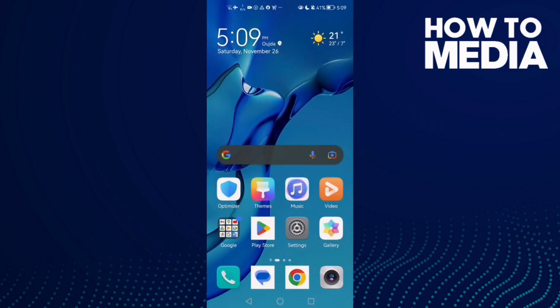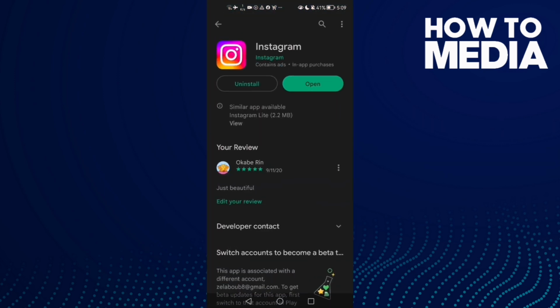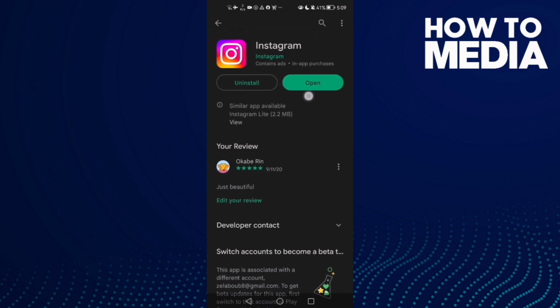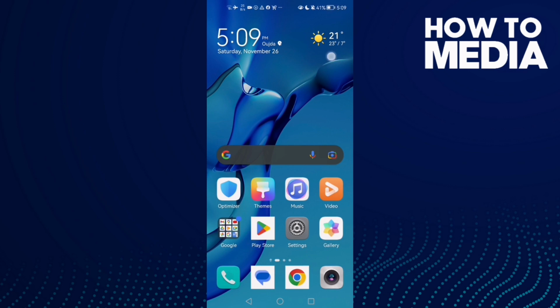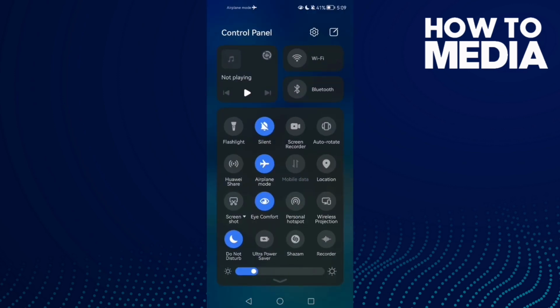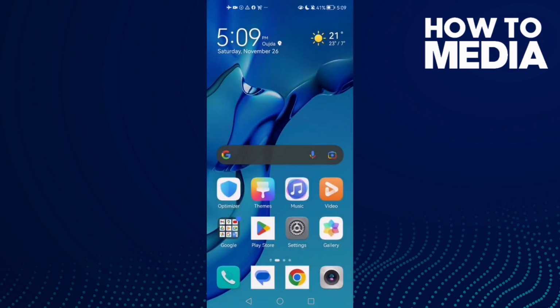And if you have an iOS, just delete your Instagram and install it again, and that's it. Then restart your phone, turn off your Wi-Fi, open Instagram and turn it on again, and I hope that can